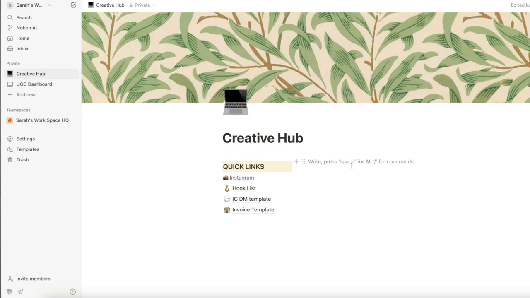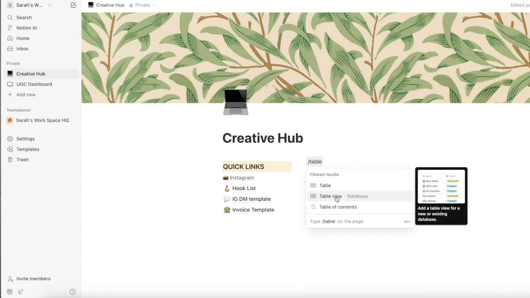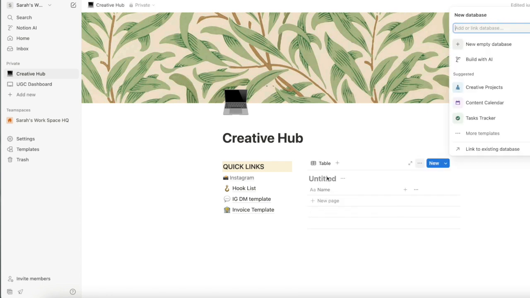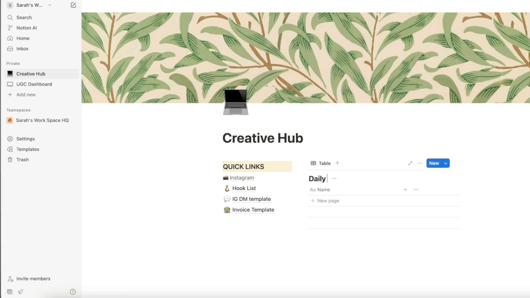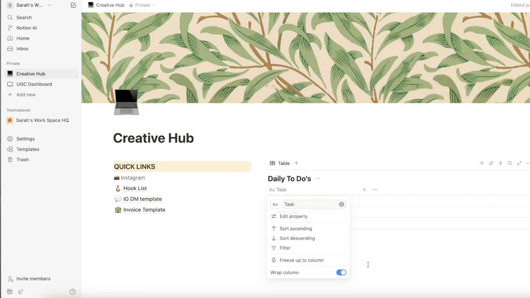So first, you'll need to click into the second column that we created earlier and click / or the question mark key and type table view. A table like this will pop up. First, you want to give your table a title, so you can simply write daily to do, and then you can rename the first task column to task and start writing what you need to do for that day. For example, it might be script for brand 1,